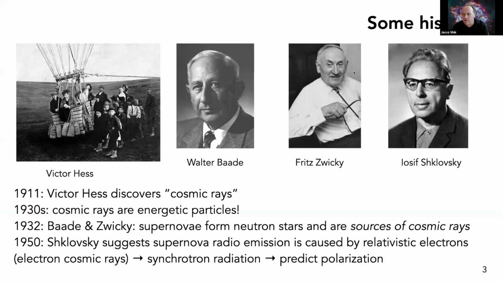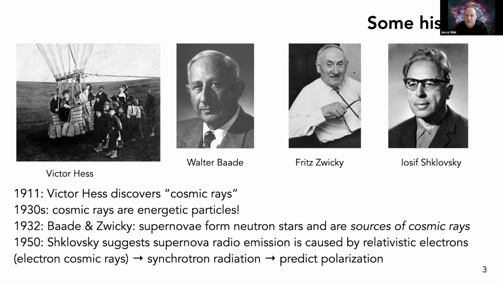So first, a little bit of background. Well, you had probably already had quite some lectures on cosmic rays and IXPE. I would like to go back all the way to 1911, when Victor Hess discovered what he called penetrating rays, which only in the 30s were recognized as charged particles. And of course, that led to the quest for the origin of cosmic rays. When we deal with IXPE, we know that there are electronic cosmic rays, but we still want to know how they are being accelerated.